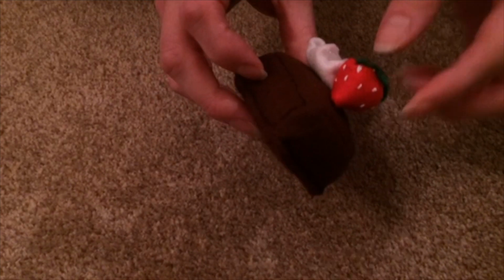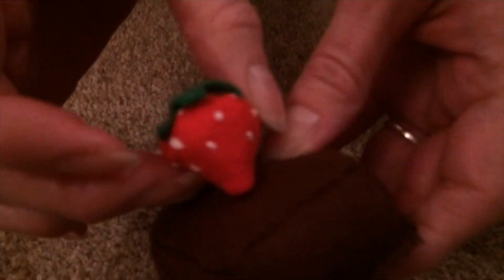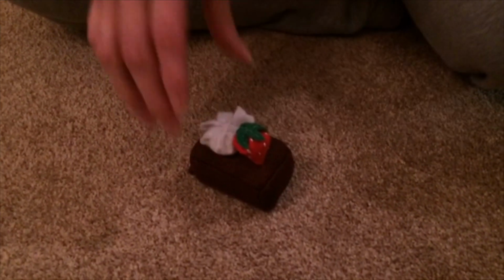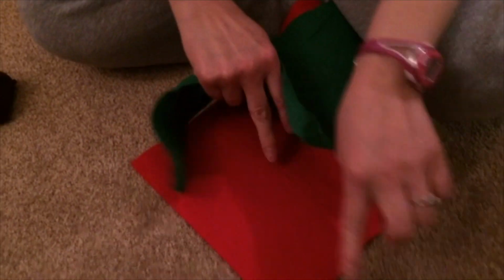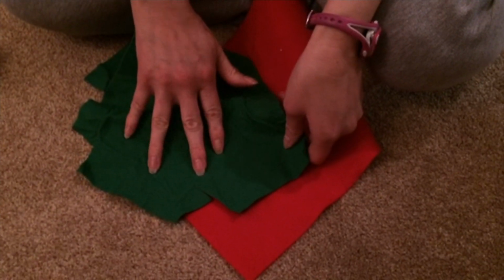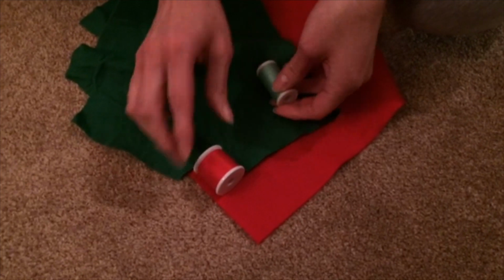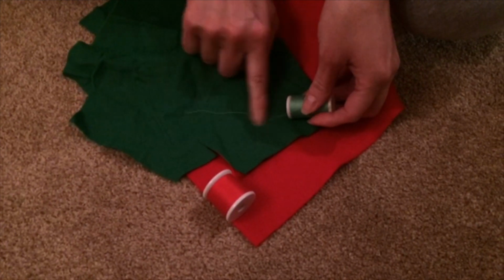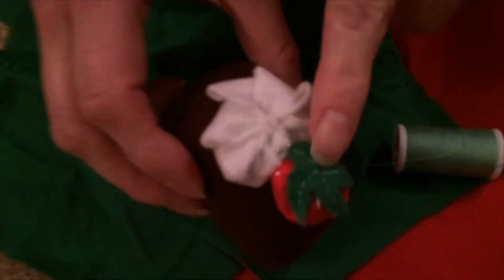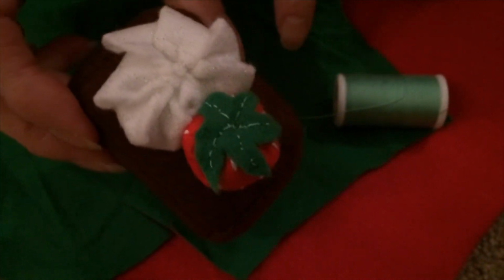to show you how to make a strawberry, like this one here. So what you'll need is some red felt and some green felt, obviously matching threads, or as close to the red. The green, you want it slightly lighter so that you see the veins running through the leaf. You see,